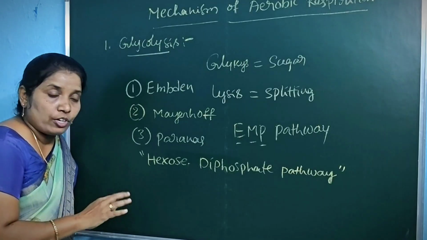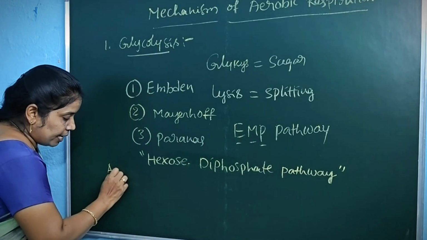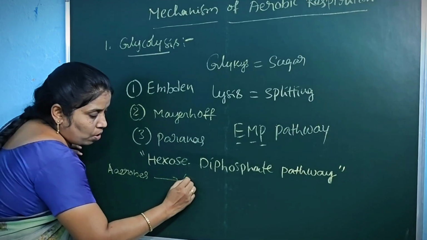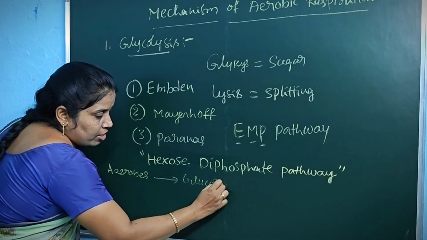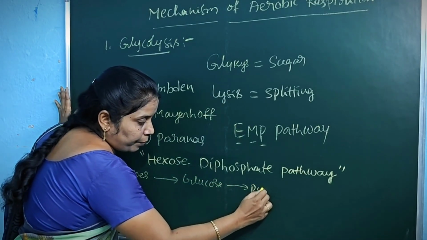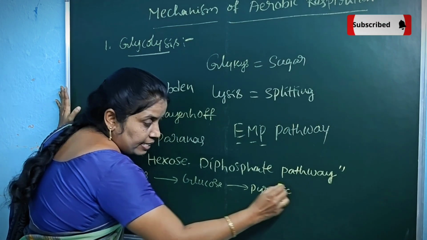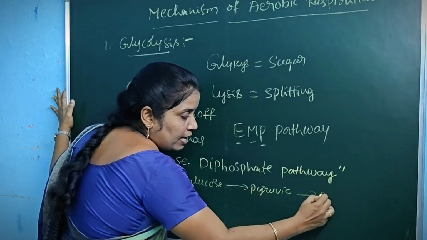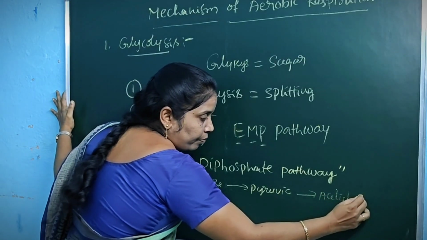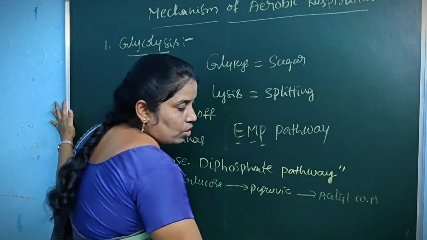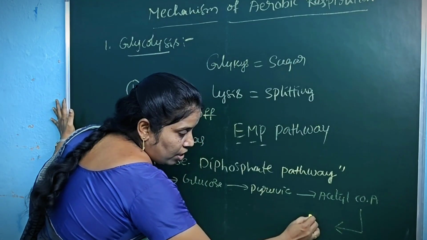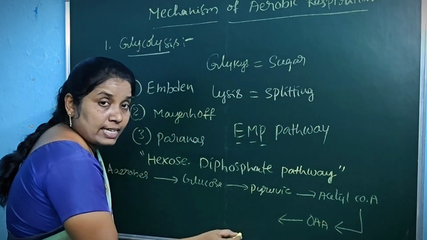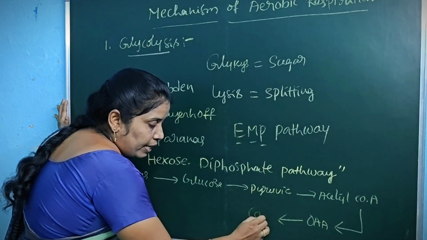In the case of aerobes, glucose converts into pyruvic acid. This enters into the mitochondrial matrix. There it converts into acetyl coenzyme A. This condenses with oxaloacetic acid and is completely oxidized to CO2 and H2O